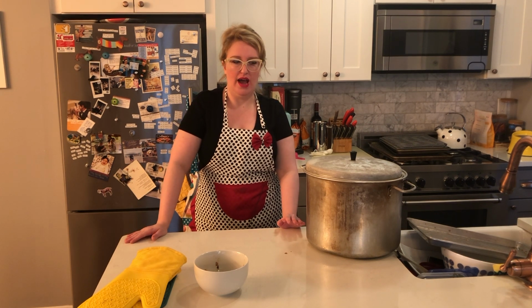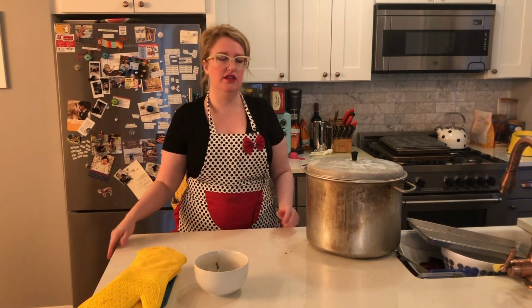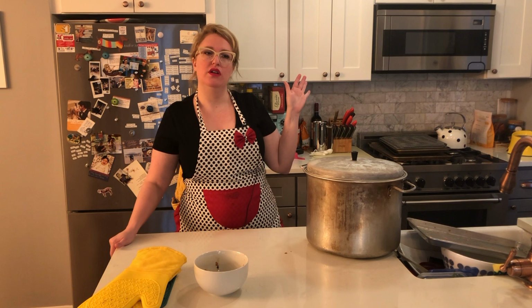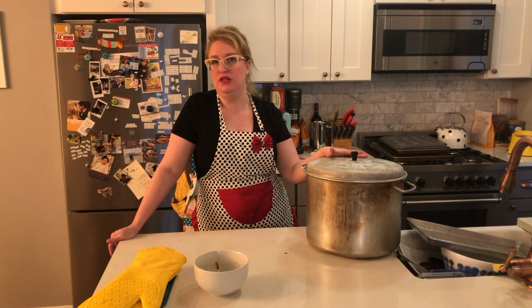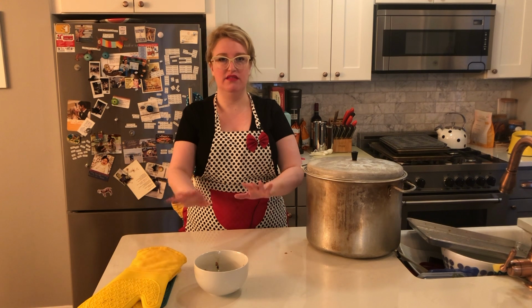I'm going to be using my stock in my gravy and in my stuffing, because we're going to make sort of a custard out of the chicken stock, turkey stock. So that's great. While this cooks is a very good opportunity to plan out the rest of the meal. And I don't just mean what are we making, because you probably know what you're making already because you did your food shopping. I mean, do you have the serving pieces that go with each dish? Get them out and get them ready so that you're not rushing